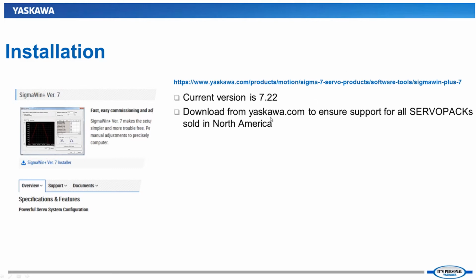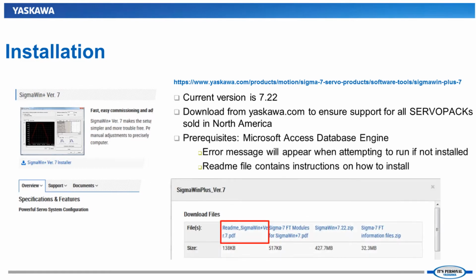Also make sure to download from Yaskawa.com to ensure support for all the servo packs we sell here in North America. If you download it from their European website or the Japanese website, you might get different servo pack models supported. Also, just to note, there is a prerequisite of installing the Microsoft Access database engine. Along with the download files, there is a README of how to install that database engine, and if you try